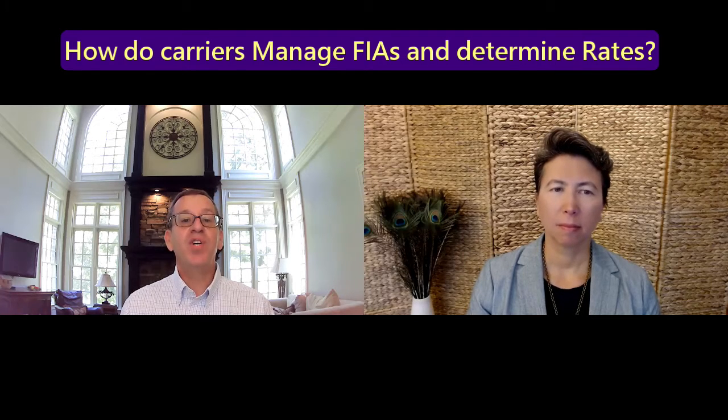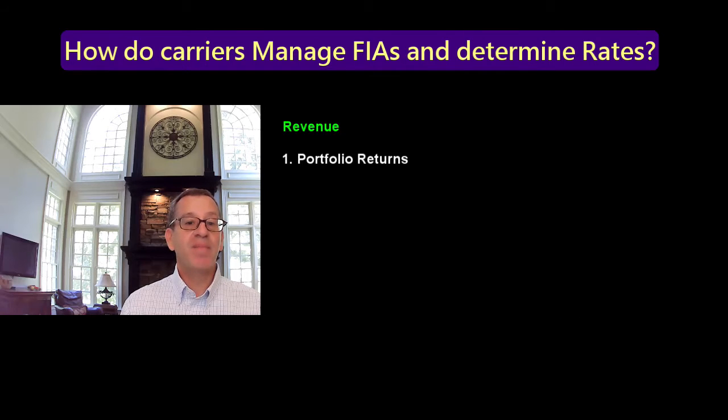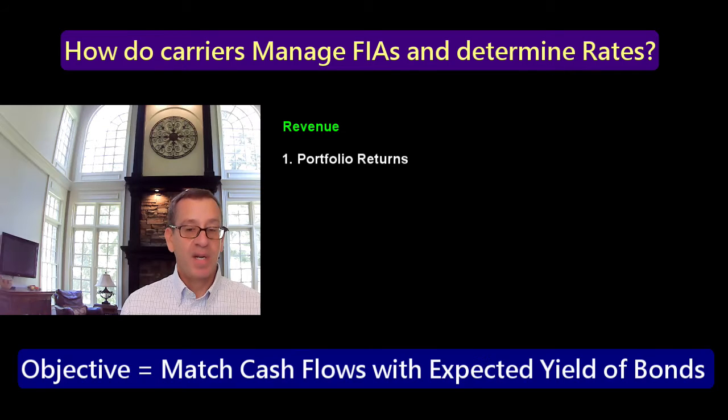In order for the insurance company to set a credited rate, insurers need to estimate the expected yield of the investments backing the policy. So first, the insurer needs to construct a portfolio of assets that match the cash flows that were promised to the policyholder. So this is done by modeling the cash flows of a representative block of policies that the insurer expects to